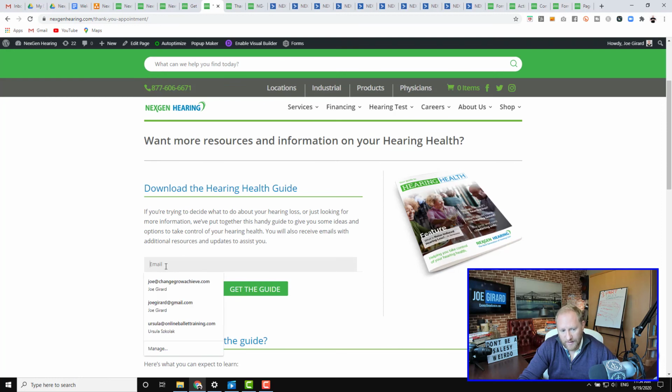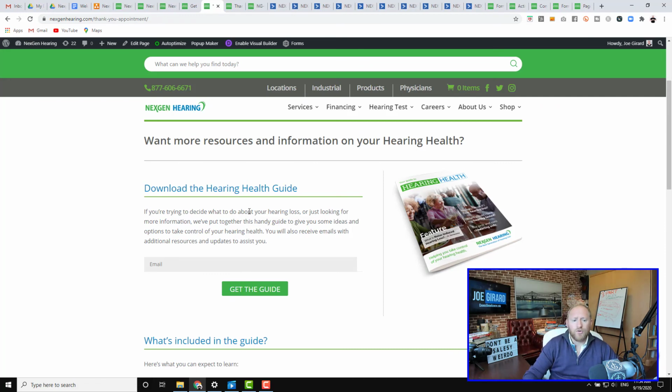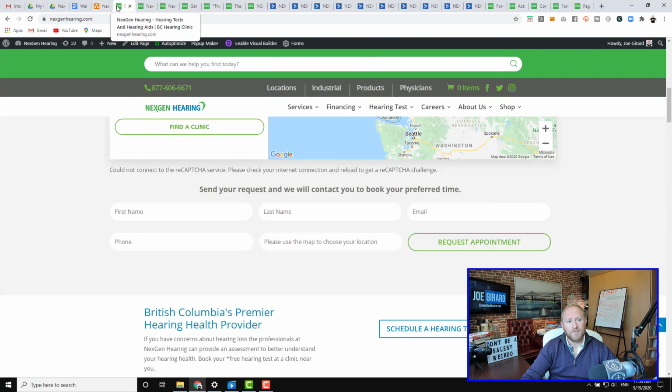And actually your email is going to show up right in there. The other thing you could do is make all of the form fields hidden, so you just have a button that automatically submits it. So you could see some of the cool things that you could do with Gravity Forms. Gravity Forms, ActiveCampaign, all of these things play nice together so that when somebody goes onto your website,